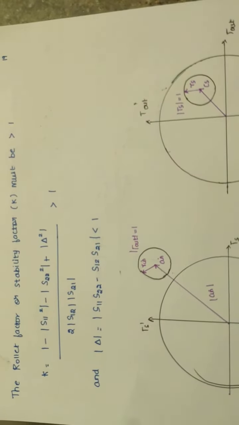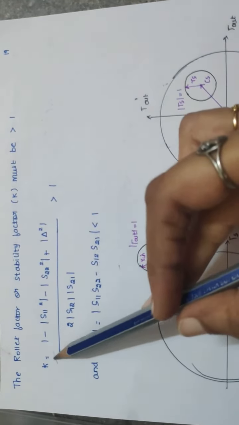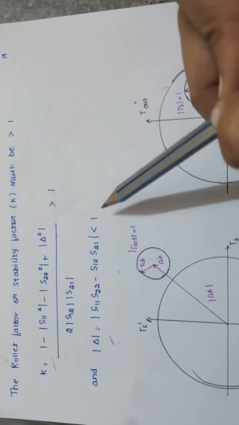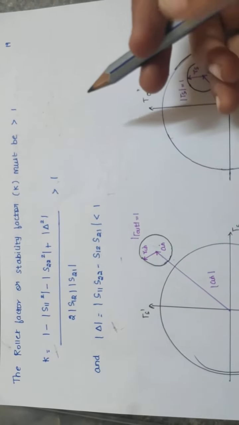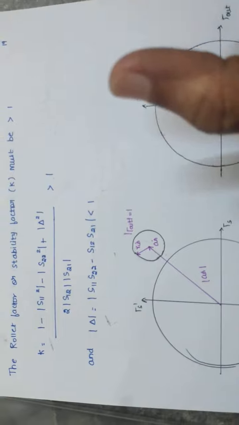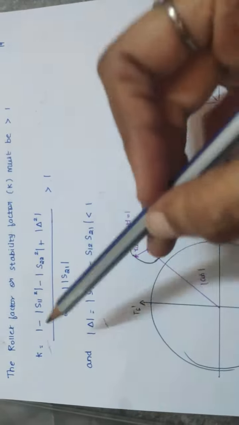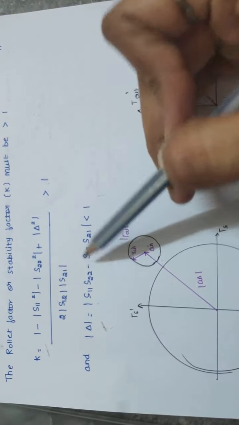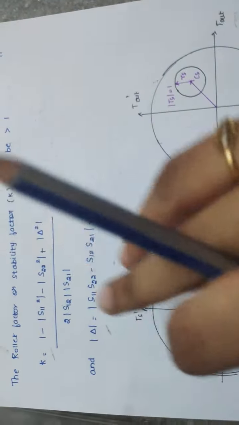And one more thing that we must know is there are two tests that we perform to determine stability. They are the Rollett factor and the Del test. When the Rollett factor is greater than 1 and Del is less than 1, under these two conditions, the amplifier is said to be potentially stable or unconditionally stable. So if an amplifier passes these two tests, we can confirm the amplifier to be a stable amplifier. So this is the formula for the Rollett factor. We will start our problems by finding the Rollett factor and the determinant, the Del value. If k is greater than 1 and Del is less than 1, we will conclude that the amplifier is potentially stable in all the frequency ranges.